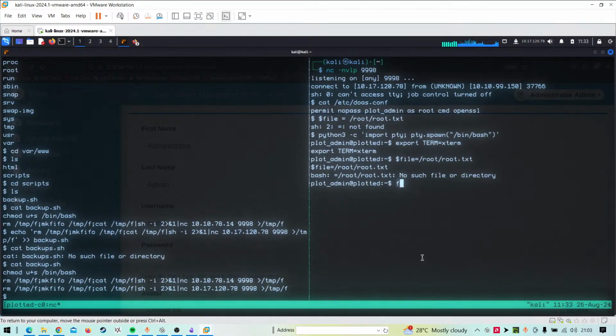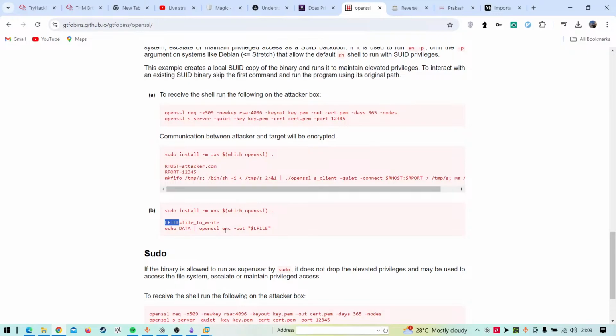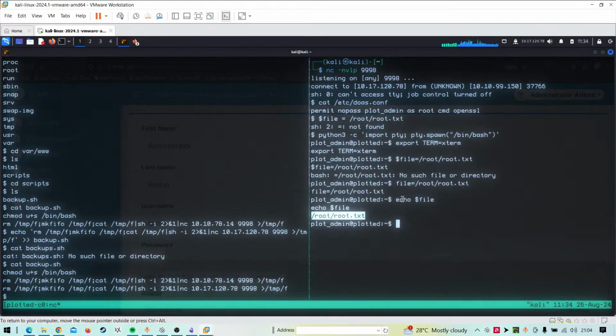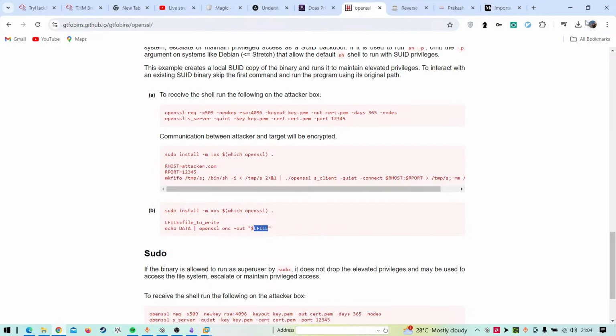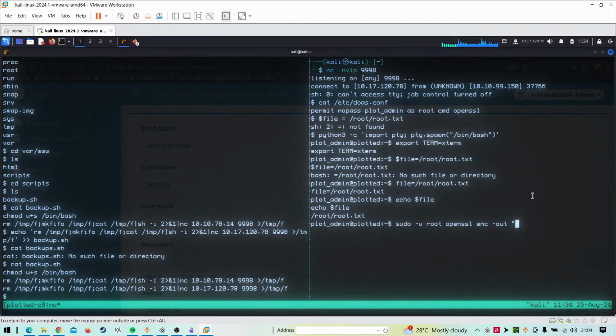I think it's not dollar, right? It's file equals to /root/root.txt. Okay, so we have $file mentioned. So if I just echo $file, that will show this one. So now openssl enc then -out. So for doas, it's sudo -u root and this one, -out. I will see what string we have to provide, so $file.